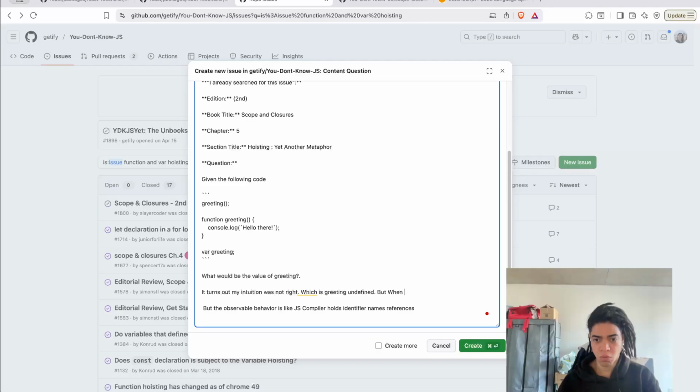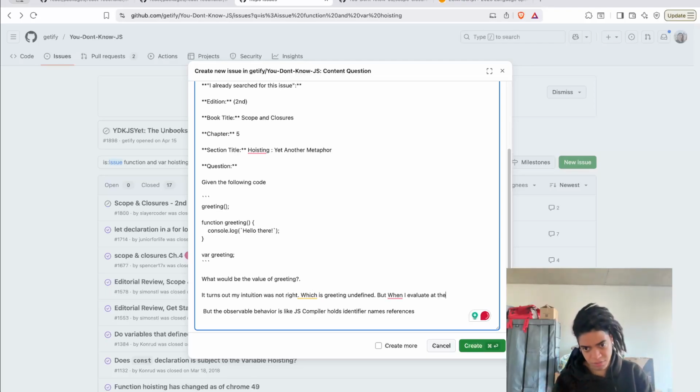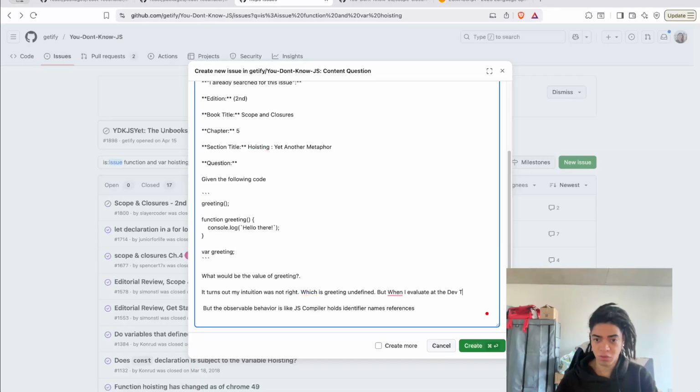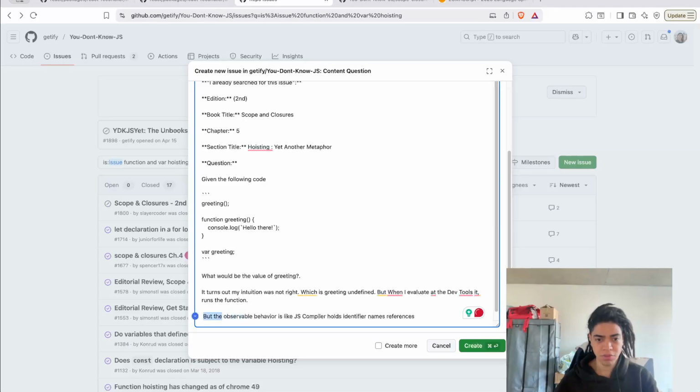But when I evaluate at the console, at the dev tool, it runs the function. So the observable behavior